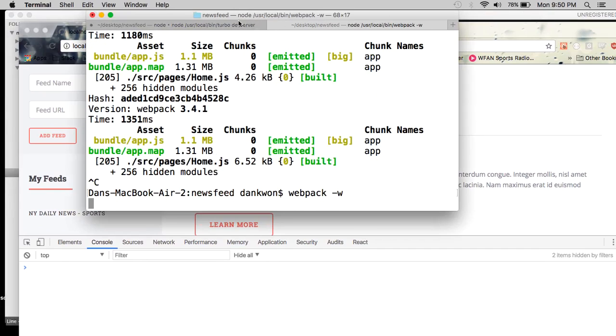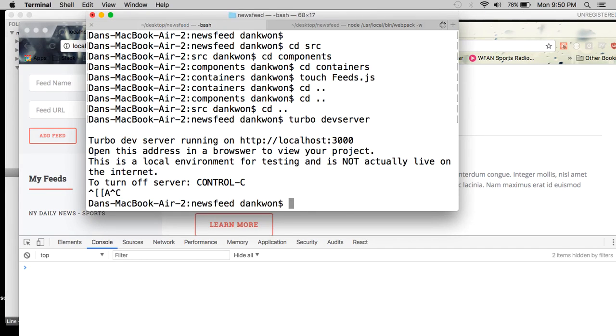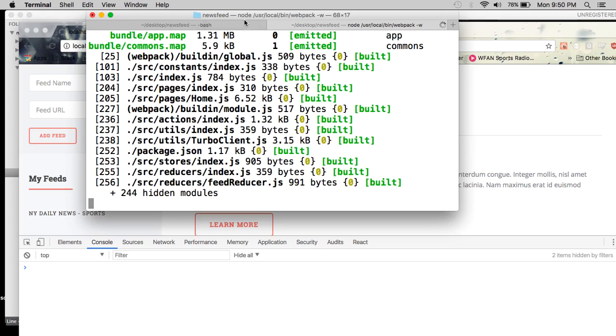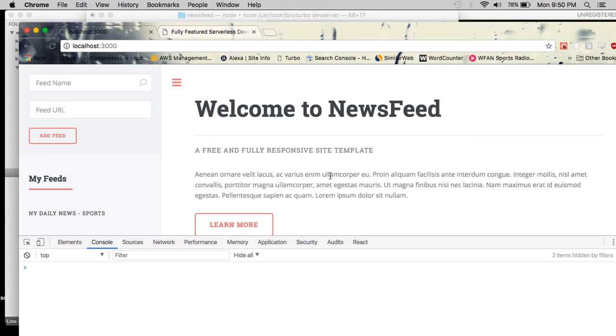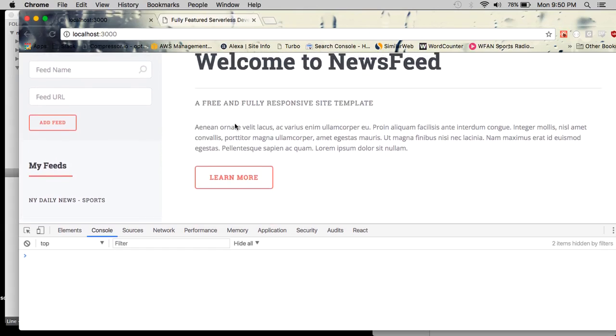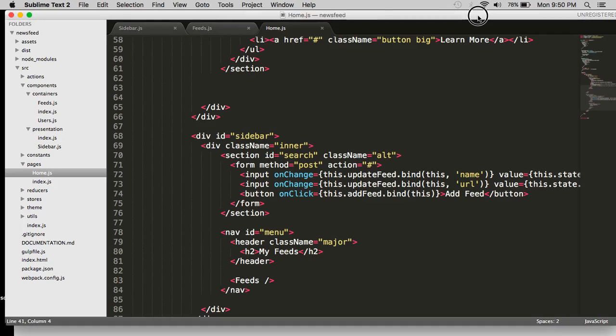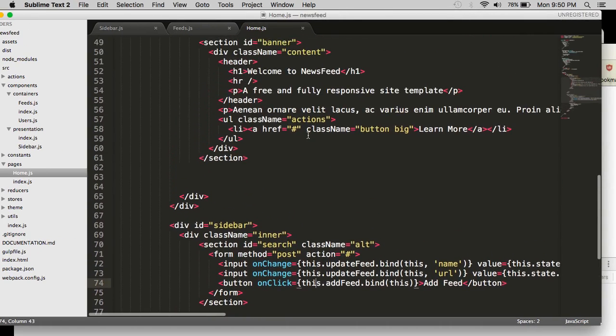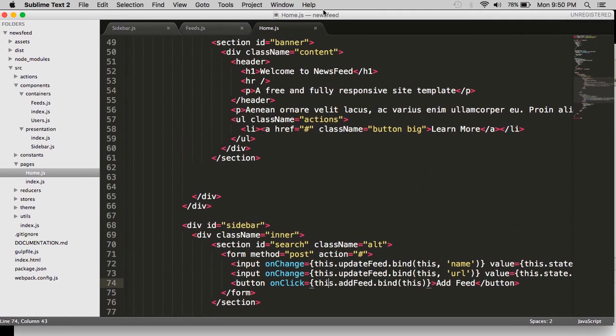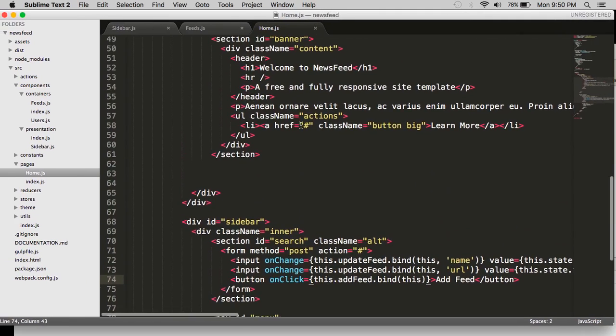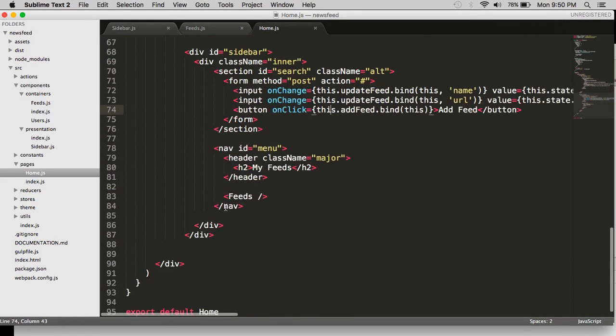Okay, let's rebuild Webpack and rerun the web server, the dev server. And everything still works. So let me explain why I'm doing all this. Inside this home page component, this layout component basically, we're rendering a feeds container right here. And according to React best practice, the container should then render a series of